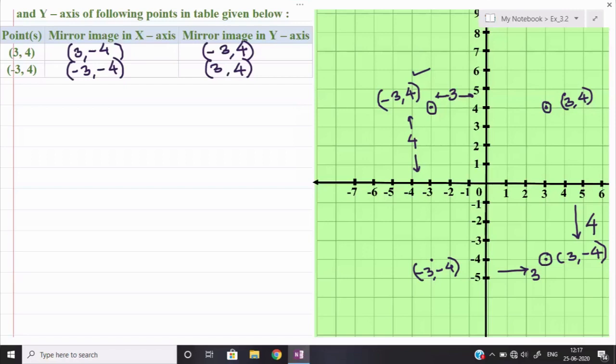Now students, we have finished the chapter, along with whatever additional questions were possible, which I have taken here. Next time onwards we can start chapter number 4, that is linear equation in two variables. In that chapter also we will be required to plot points and draw lines, so you will find many things similar to what we have covered in coordinate geometry. That chapter will not be as short as this, but it will also be a simple topic for you. So let us see chapter number 4, linear equation in two variables, next time.